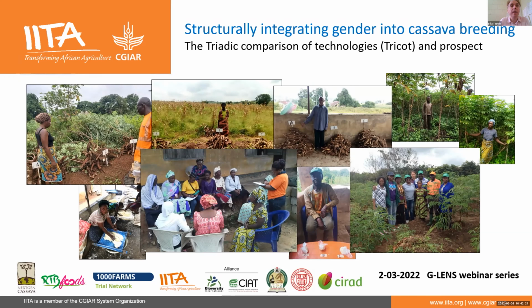Normally PVS is always seen as costly, and that's not only the effect of the cost, because somehow also with participative rice selection, people just don't really want to spend money on it, while the private sector spends a lot of money on it. But that's another discussion. Indeed, if you compare the prices to a normal participatory variety selection in different locations, and you compare that to the tricot, there is a cut of at least 40 to 50% in costs, because the lead farmers in our case will get the information.